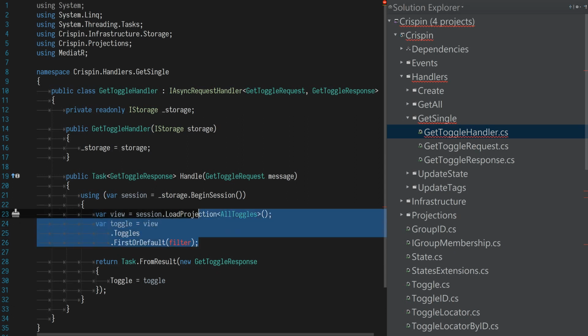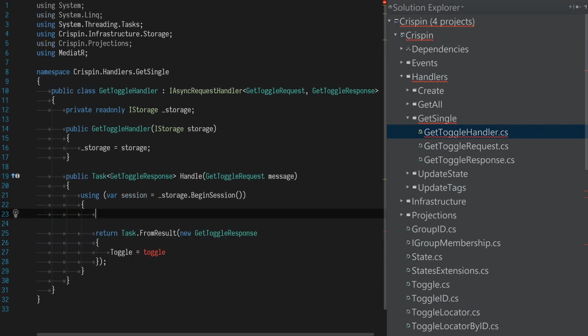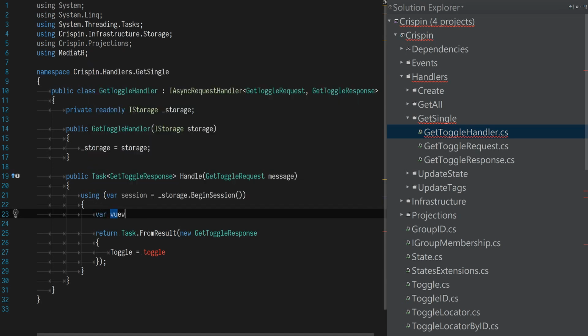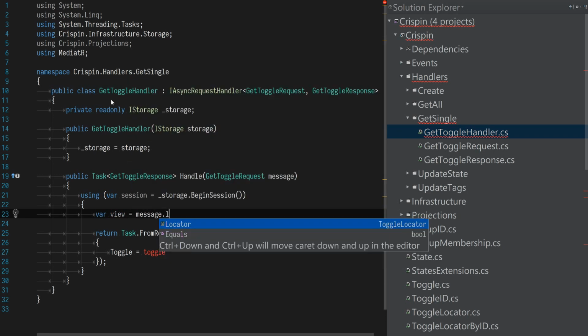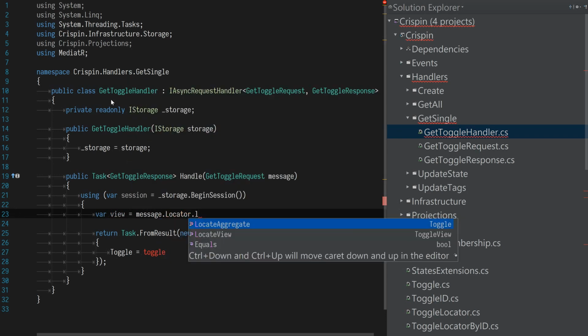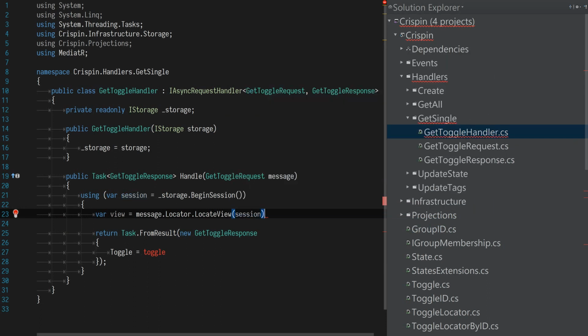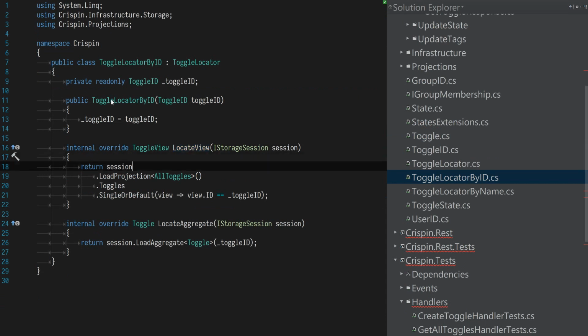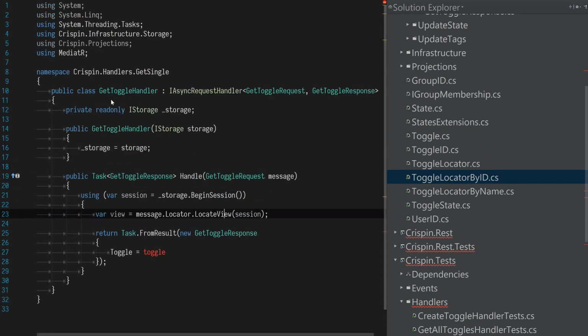Yep, don't need any of that. So this is going to return a toggle view. So we now just say view equals message locator dot locate view session, and this locate view in this case will either resolve to this one, which will grab it via the ID, or it will resolve